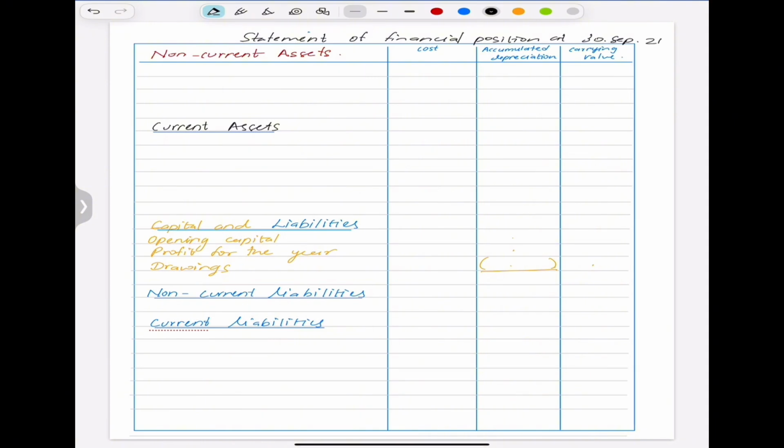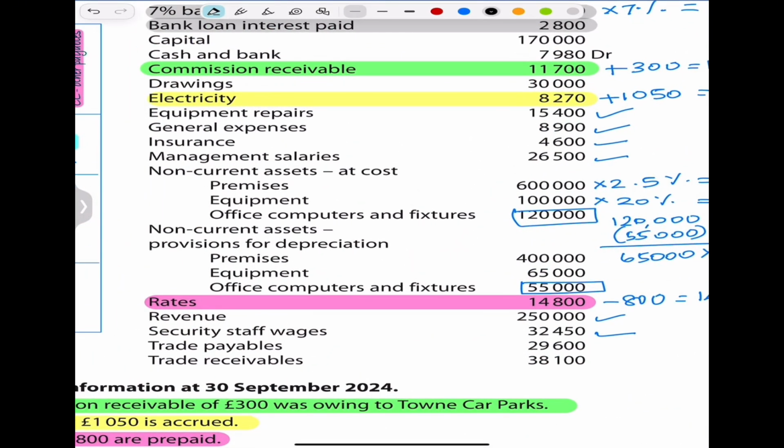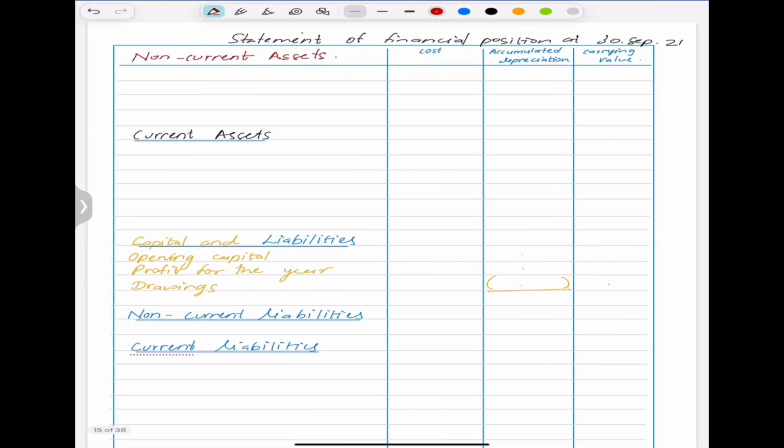First category is the non-current assets, followed by the current assets. Then you find total assets, capital and liabilities, non-current liabilities, current liabilities. Do remember this format. Now, let's go to the question and find out the types of non-current assets. As you can see here, we have 3 non-current assets: premises, equipment, office computers and fixtures, and there are no additions or disposal to these non-current assets. So let's enter these amounts: